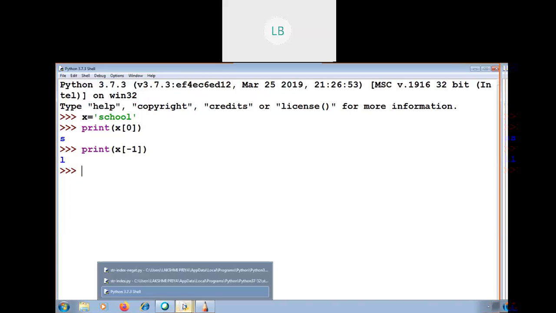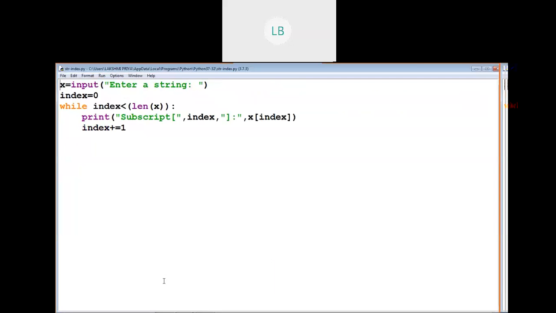Let me give some other example. In this program, you can see using the input function, we are going to get a string from the user that will be assigned to the variable x. Using the length function, we are going to find the length of the string, that is the number of characters in the string.